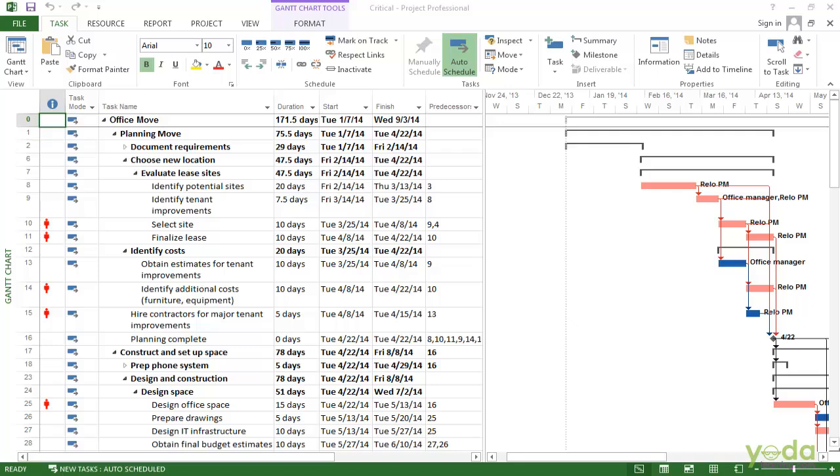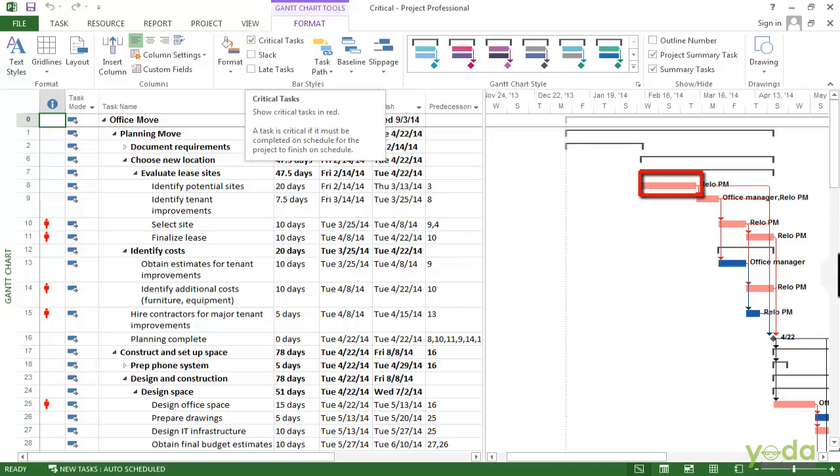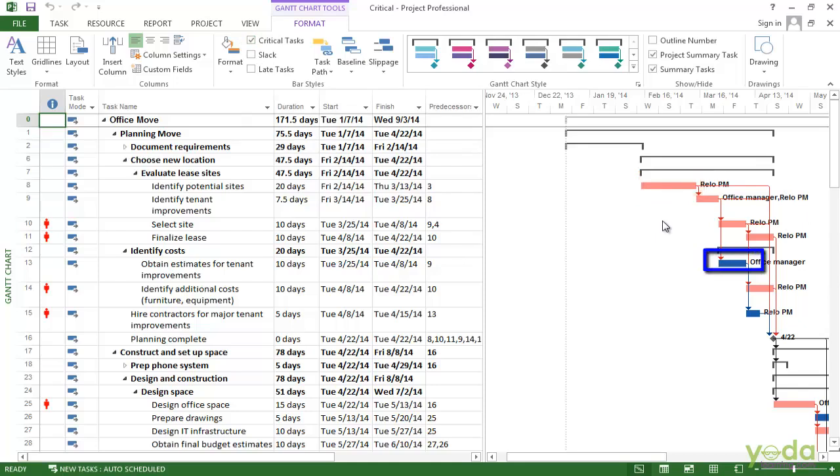Here is the Gantt chart view. It's really easy to turn the critical tasks on and off. Just go to the Format tab here and you can see the critical tasks checkbox is turned on. That's why you see critical tasks in red and non-critical tasks in blue.